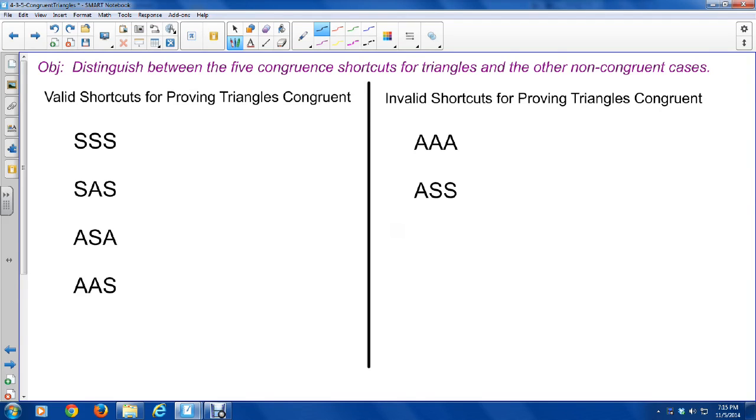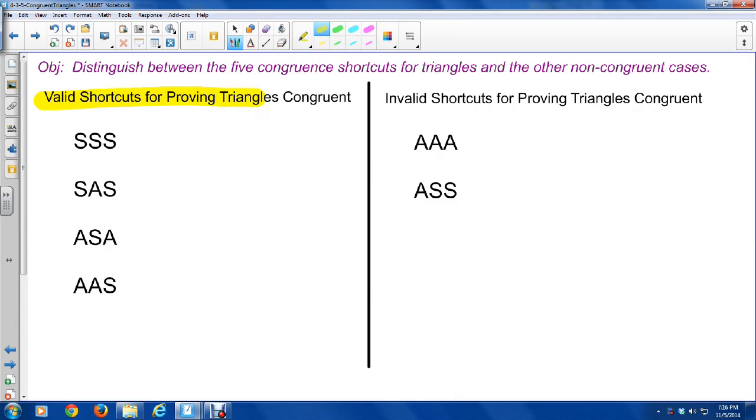Because previously, by the definition of congruent triangles, we needed to know all six pairs of sides and angles, so all six pairs of corresponding parts, three pairs of corresponding sides and three pairs of corresponding angles were congruent between the two triangles. So what we established is that on the